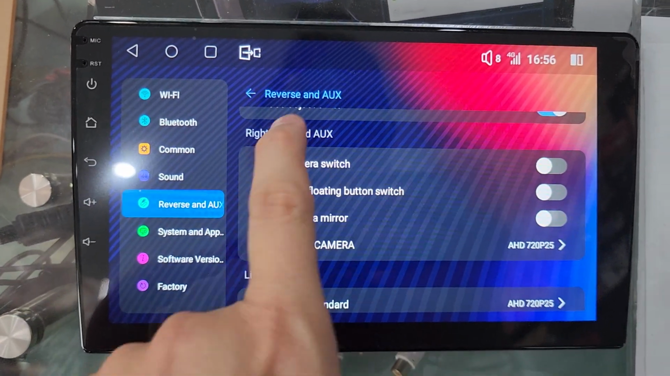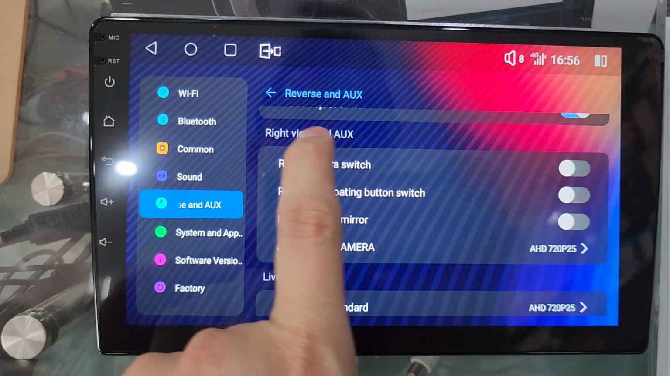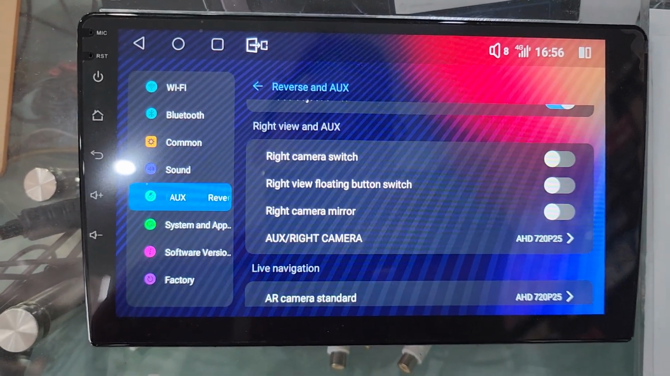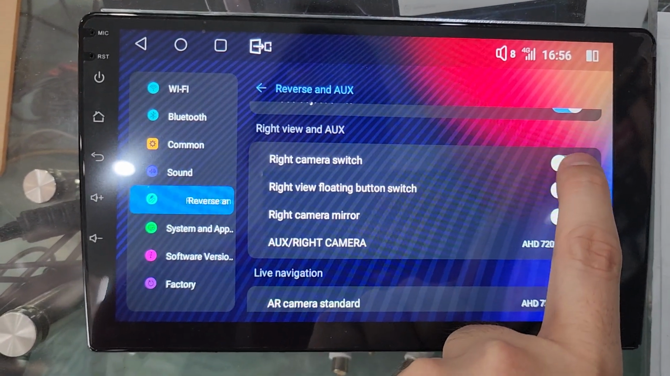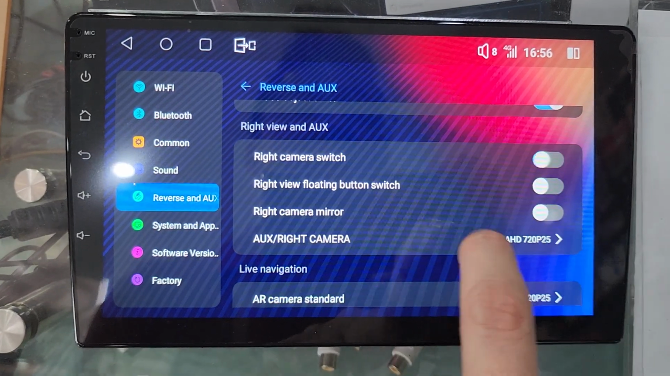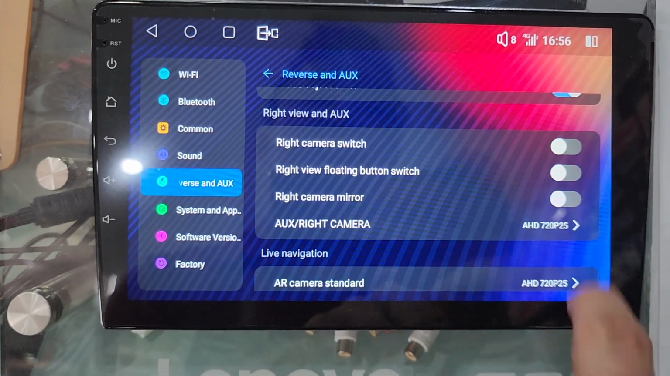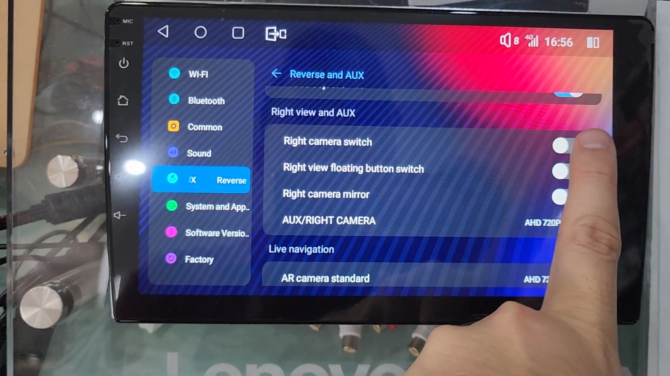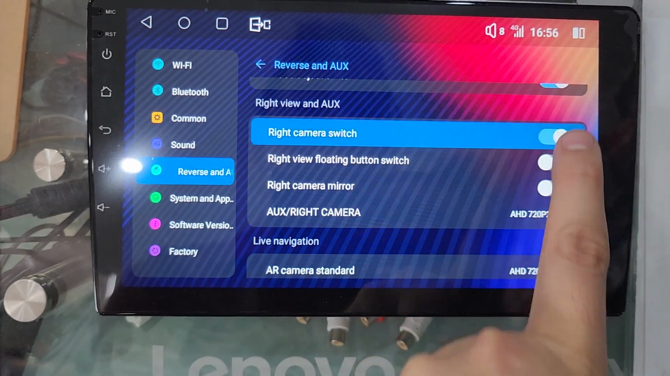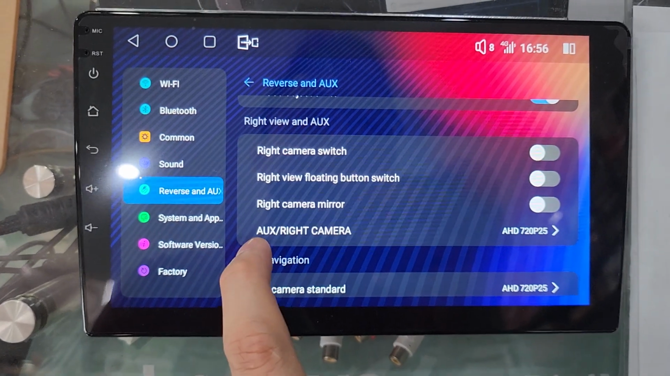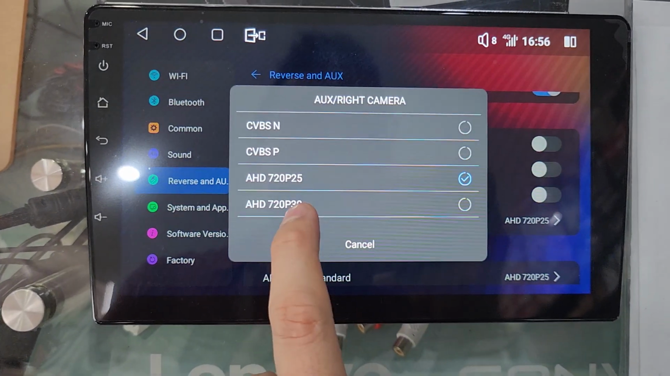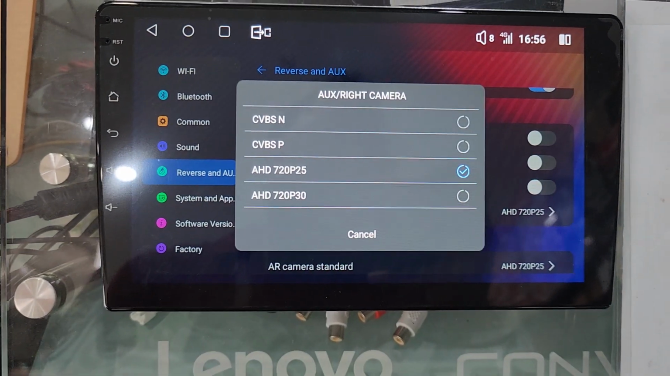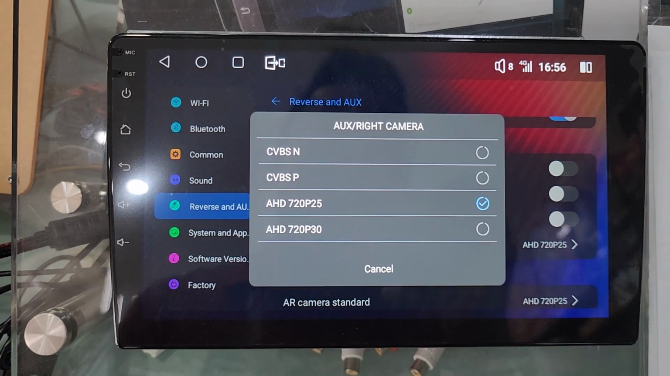Okay, this setting, right view and aux, right camera switch. This is for the Lanewatch version. If your car has a Lanewatch on your side camera, you have to turn it on or off here. Okay, for the aux right camera, this is for the front camera, for the aux